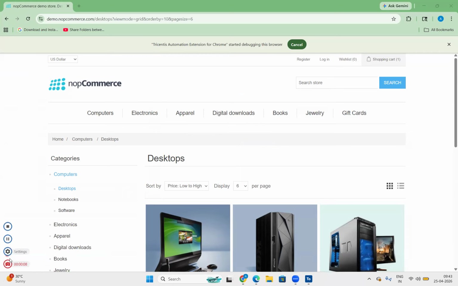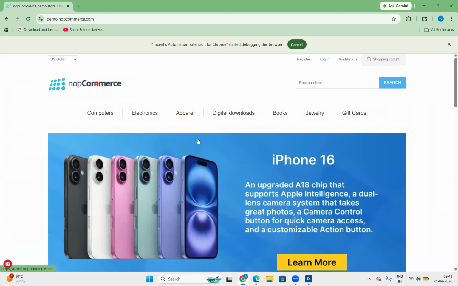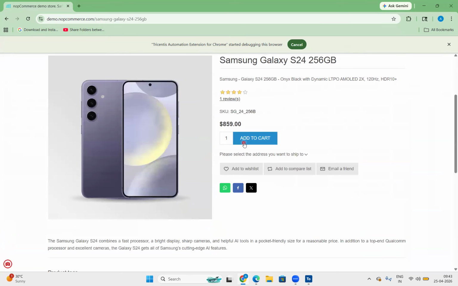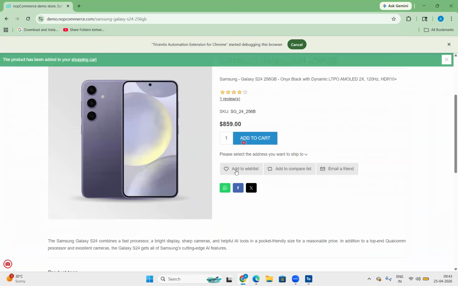It is telling me to begin interacting with your desktop. Each interaction will be recorded with a screenshot. For example, I'm just clicking here the NVOP commerce. It's clicked. Next, I'm clicking here learn more. It is clicked. And later I'm performing a click operation on add to cart. And then add to wish list.